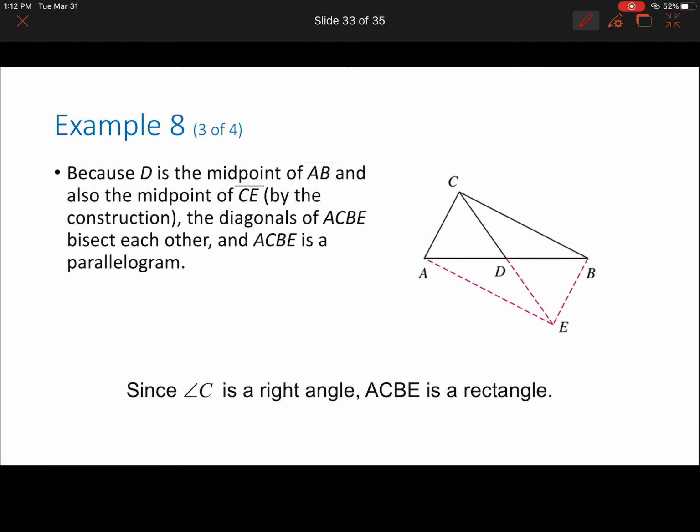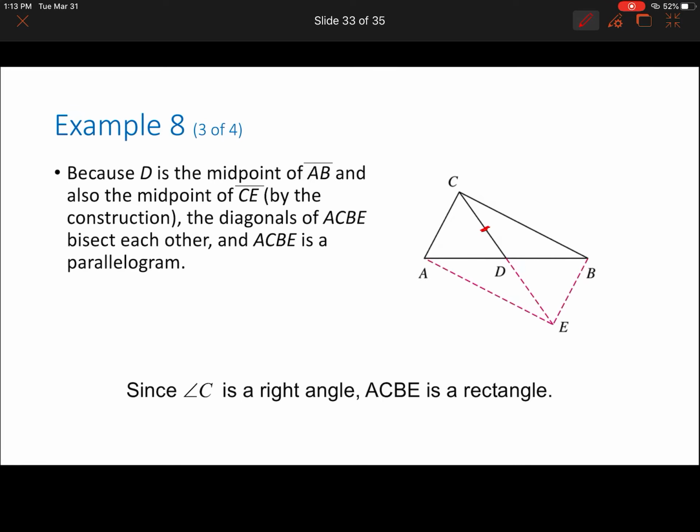So, because D is the midpoint of AB and the midpoint of CE, it is a parallelogram, as we just mentioned, right? And since C is a right angle, then it's got to be a rectangle. I was taking you through a longer journey, but really that's enough, because our definition of a rectangle is that it's a parallelogram with a right angle,